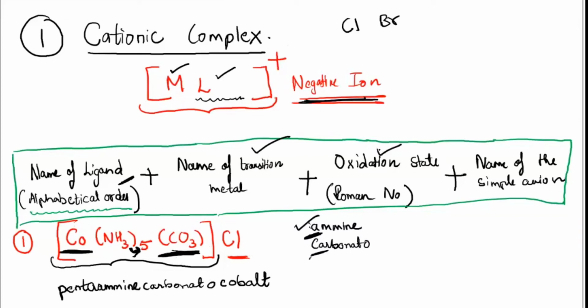Next thing is to find the oxidation state. How do you find the oxidation state of this metal? Cobalt we don't know, so I will take that as X. Carbonyl is capital C and capital O. Here what I've given is capital C and small o. Metal is usually written like this. So if you see capital C and small o, that's cobalt. If you find capital C, capital O, that is the carbonyl ligand. So don't get confused between this and that. I've mentioned also when I gave you the names, be careful with this.